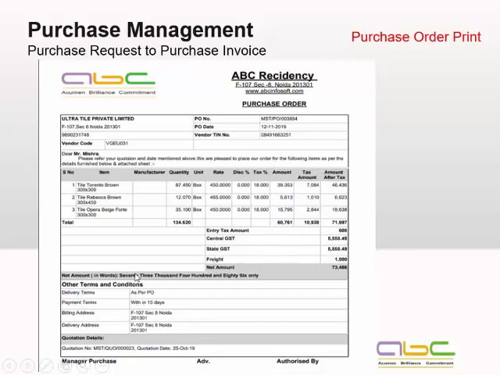Now, one more important thing is there when we are defining the vendor. The system will automatically define whether it's a state vendor or an outer state vendor, so it will automatically bifurcate the tax. If it is an outer state, it will be IGST, and if it is within the state, it will be CGST and SGST. Now, all other terms can be picked from the masters and then updated. Whenever we're generating this purchase order, there is also a mention of quotation number and quotation date.